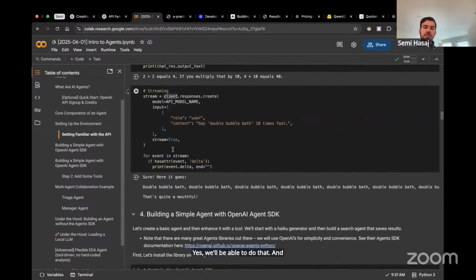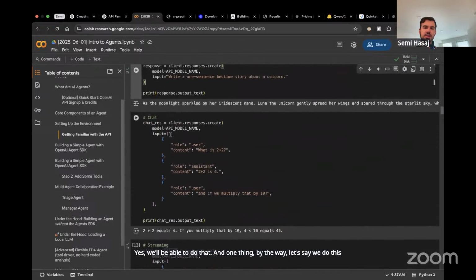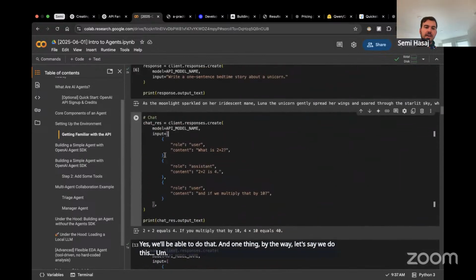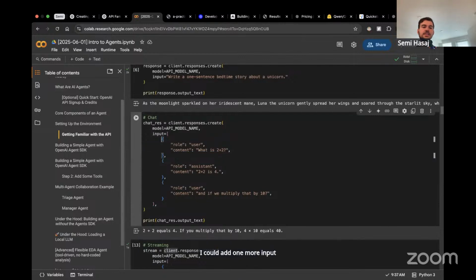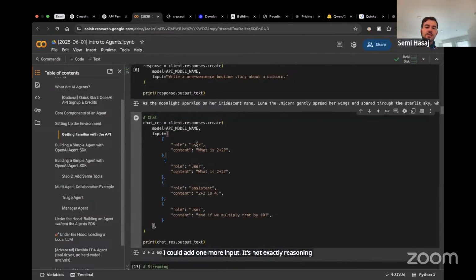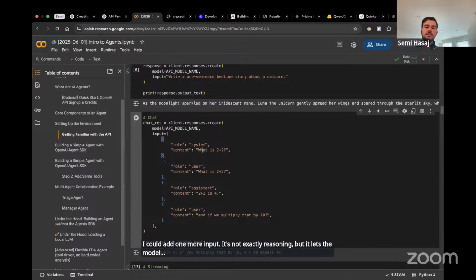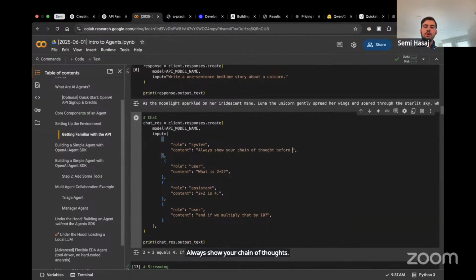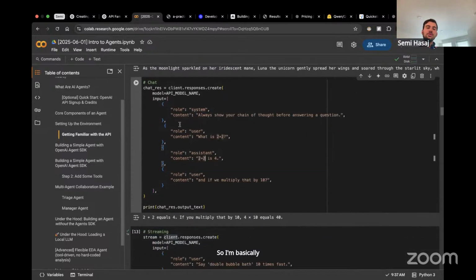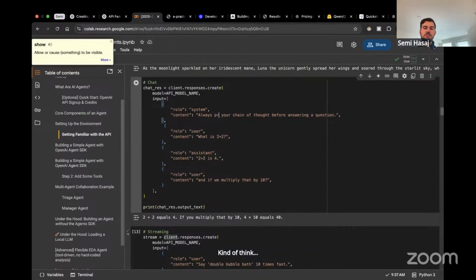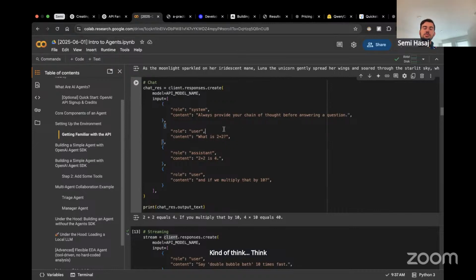And one thing, by the way, let's say we do this. I could add one more input. It's not exactly reasoning, but it lets the model always show your chain of thought before answering a question. So I'm basically encouraging the model, before you give any answer, think first, really be deliberate.